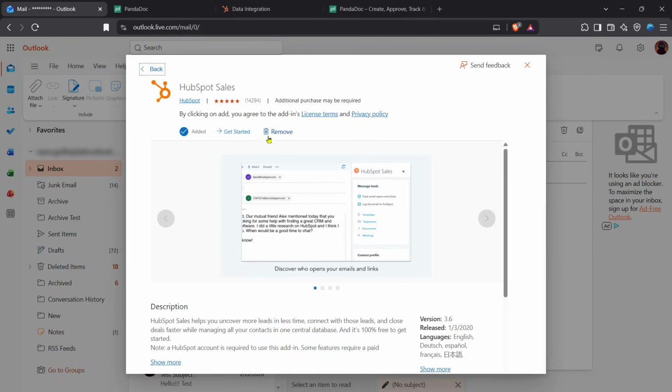After installation, the HubSpot Sales icon appears in your email composition ribbon. Click it to open the sidebar and log in to connect your HubSpot account. If you don't see the add-in immediately, close the composition window completely, then open a new email and check the